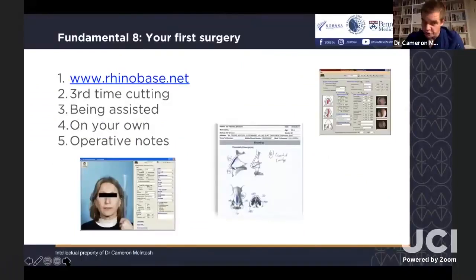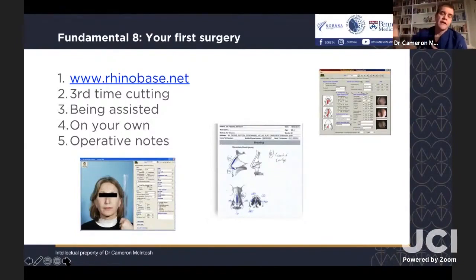Now, this is your first surgery, and this is big. So, guys, I would recommend there's a free, very interesting software program called rhinobase.net that was developed by Prof. Faisal and Prof. Dean Turiomi and a few other guys. It's very good for the start of your residency or your start of your surgery, where you go through the whole thing. Examinations, history examinations, special examinations, photos, you plan your surgery, you print out your surgical plan, and you